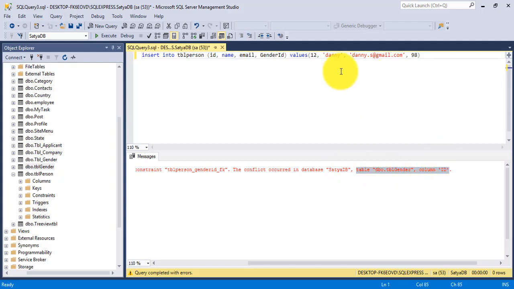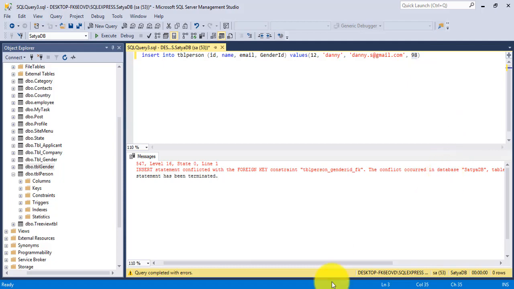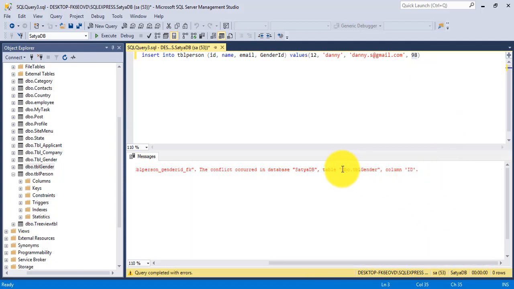It means that the 98 value we have mentioned for gender id in the table tbl person is not present in the id column of tbl gender. This 98 value is not present.